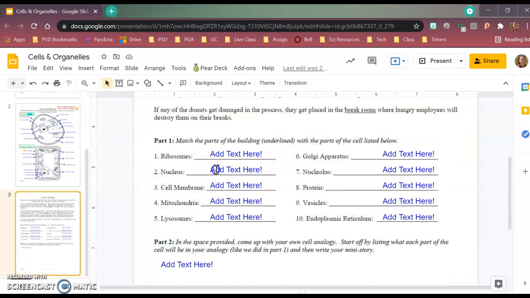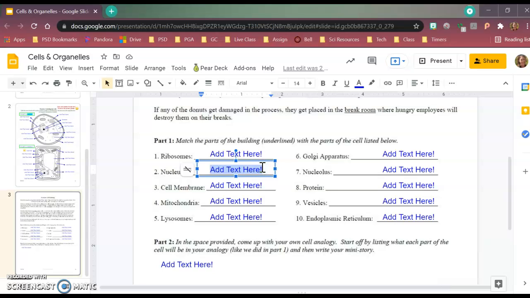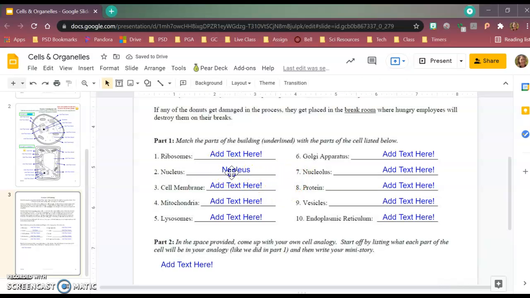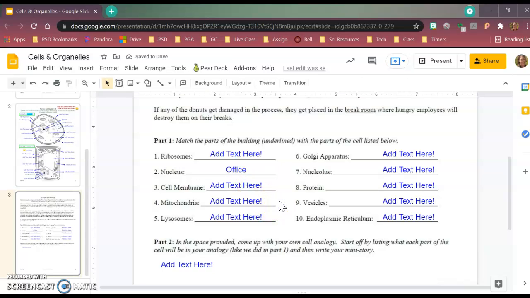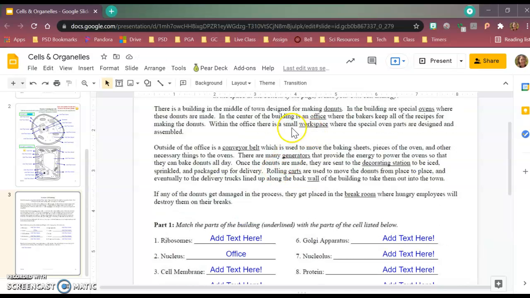Hopefully you're thinking, oh, we just mentioned that. That would be the nucleus. If so, good job. You're correct. So you would just enter nucleus here. Oh, no, sorry. You would enter office here. See, typing and talking at the same time are so challenging. You would enter office there